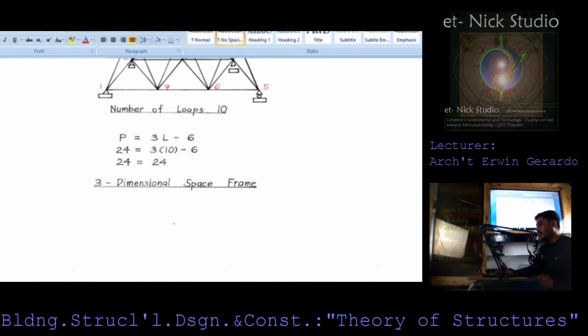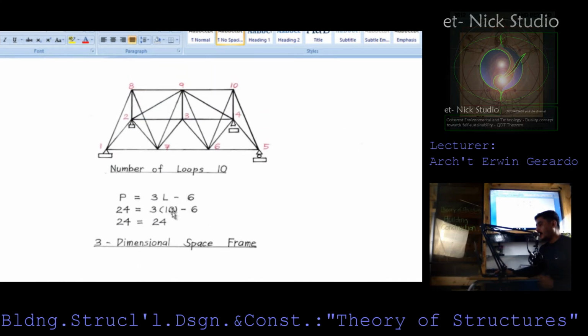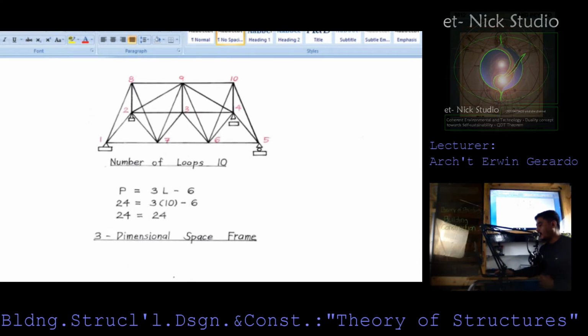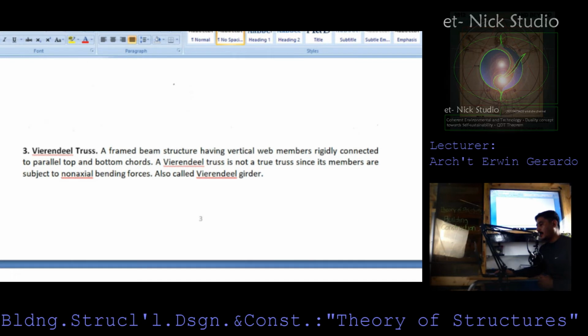Which is equivalent to 3 times 10 minus 6. Therefore, 24 equals 24. So we have a three-dimensional space frame. So under the